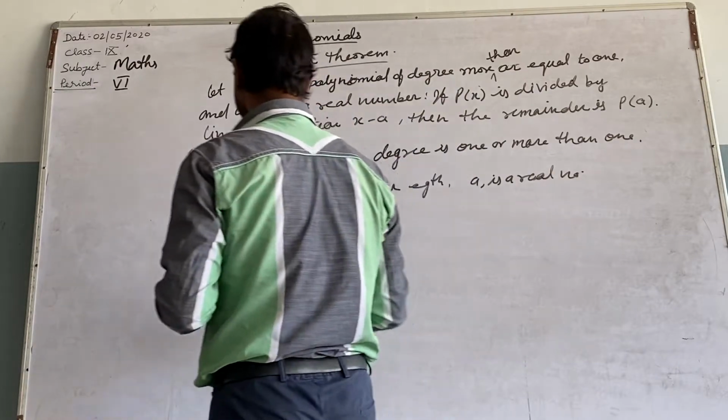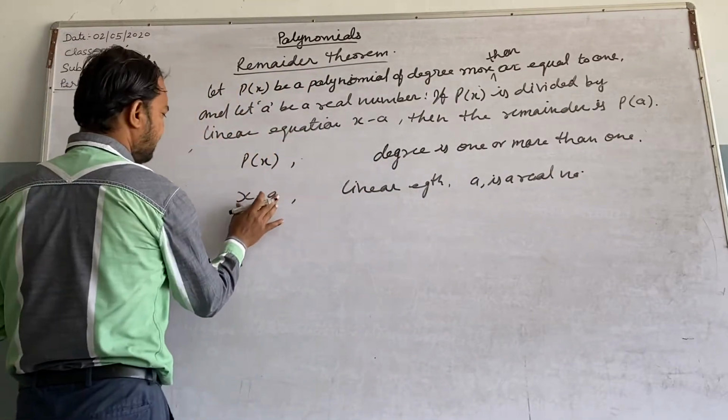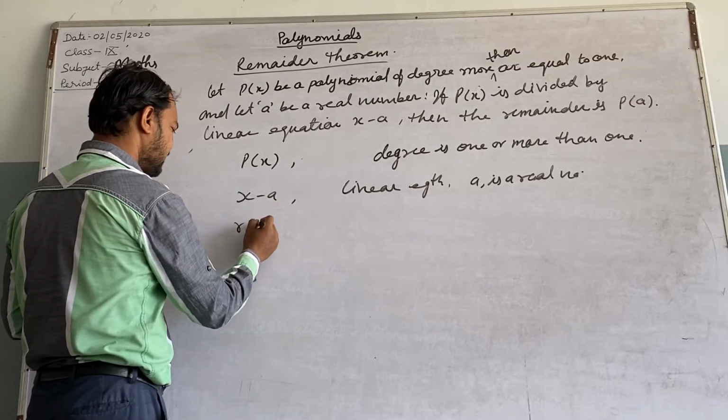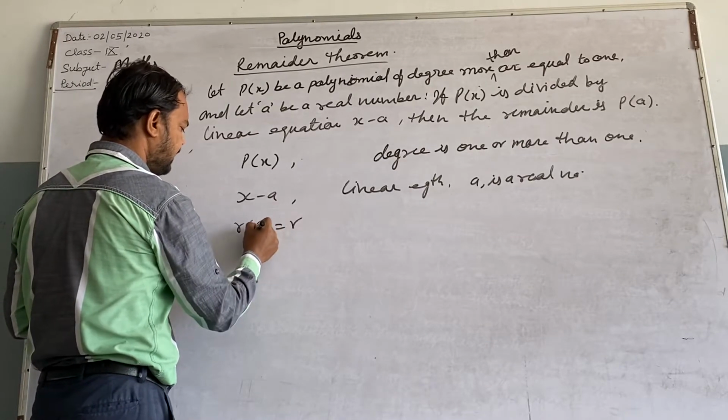So when P(x) is divided by x minus a, the remainder is said to be R(x), because